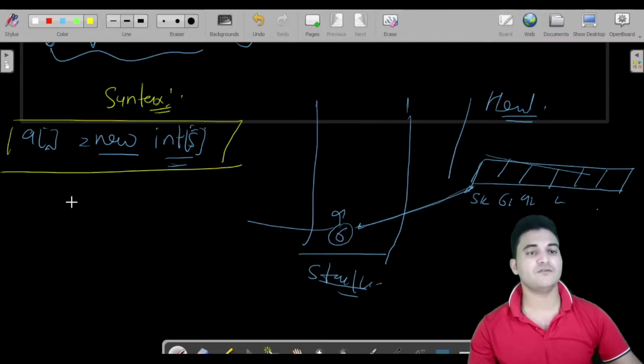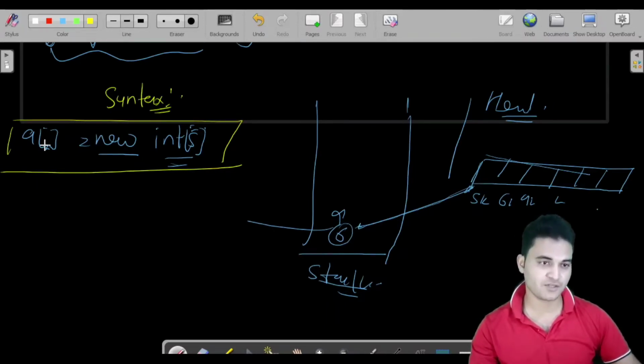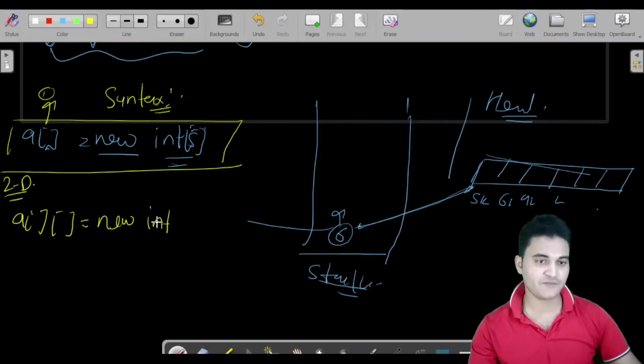and if we have to declare a 2D array, then what we have to do: inside our 1D array we used to put one square bracket, and while declaring a 2D array, you have to put two square brackets. So arr of one square bracket, two square brackets equals new and the type of the array for which you are declaring, and the row size and the column size. Fine.